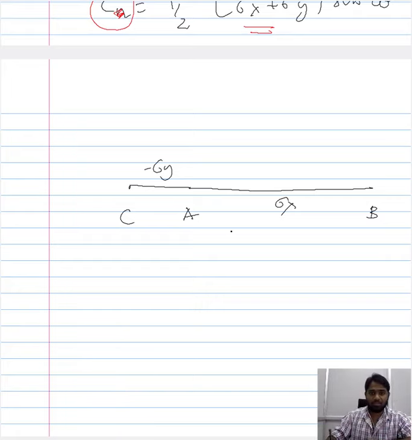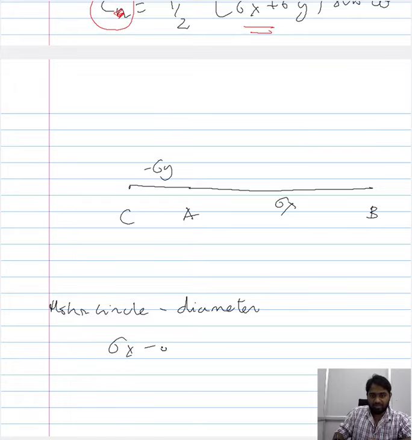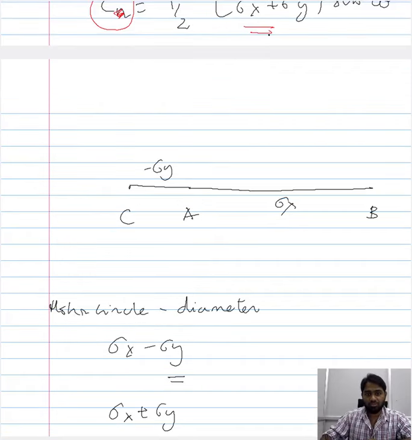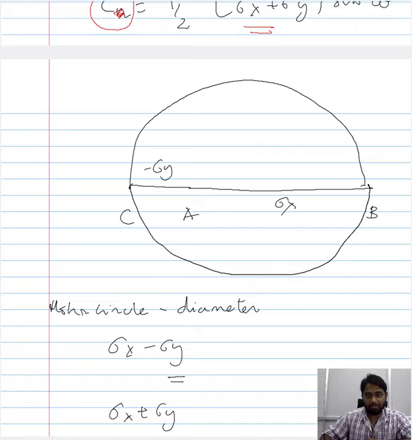Now we construct the Mohr circle. The diameter of it was, in the previous case, sigma x minus sigma y. If we adopt the same approach, then instead of sigma y, for this compressive case, we will have minus sigma y, and minus becomes plus. So we have a diameter of sigma x plus sigma y. In that case, the Mohr circle would be of this form. In the case of a combination of compressive and tensile stress, the Mohr circle will include the whole of the segment and will be of this form.